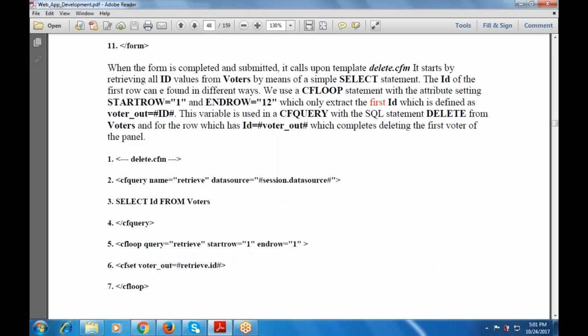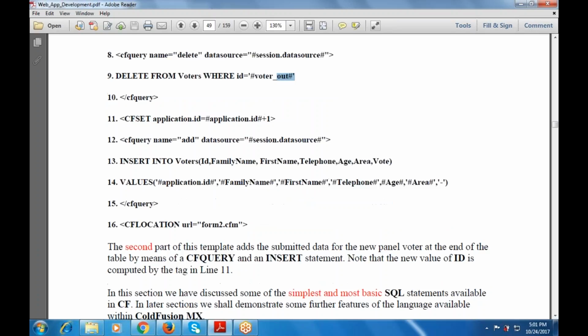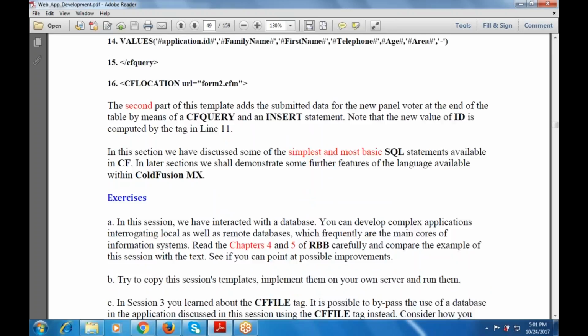Then CF set voterout equals retrieve.voterID. Then the CF loop will be closed. So the CF loop opens and closes, and in between there is the CF set voterout, that is retrieve.voterID. Then delete from voters where ID is voterout. Then CF query closed, and we are inserting the values into this by using